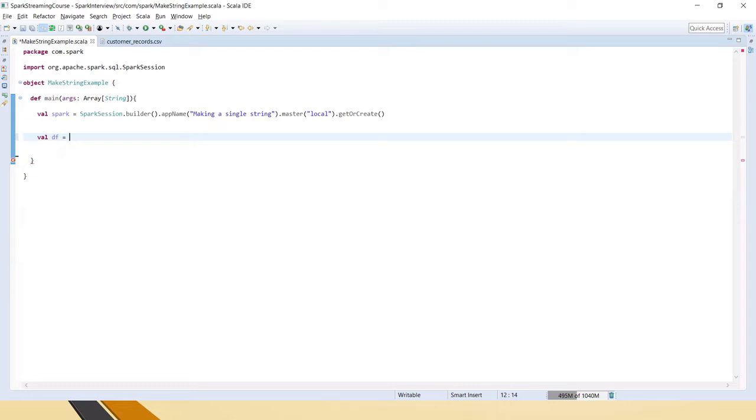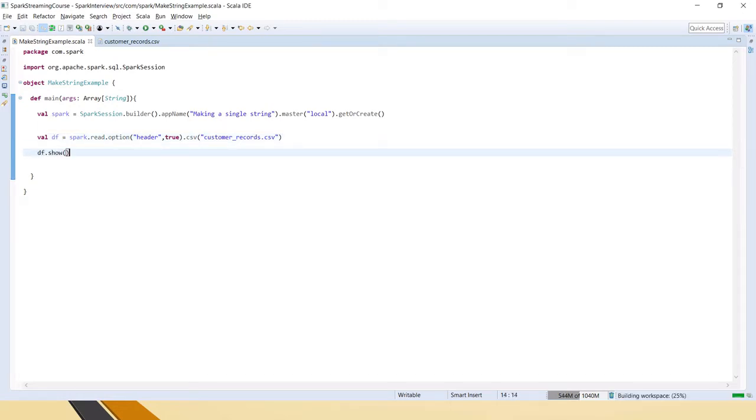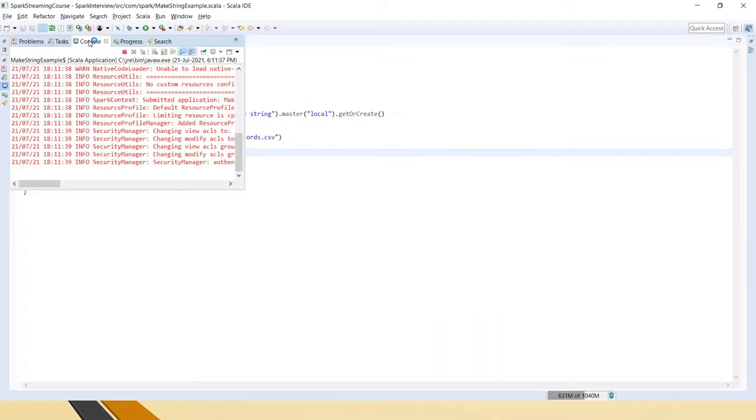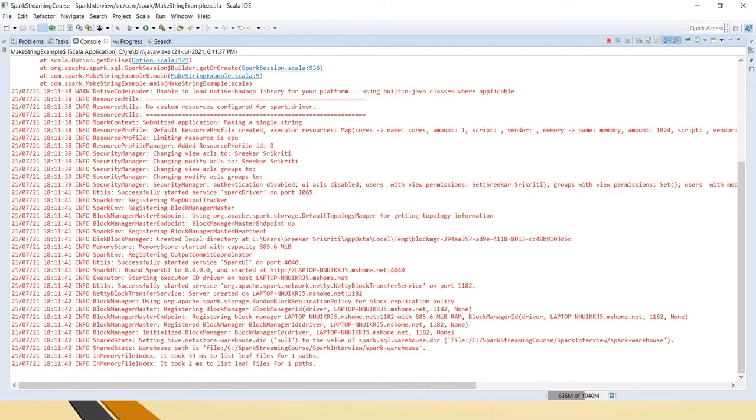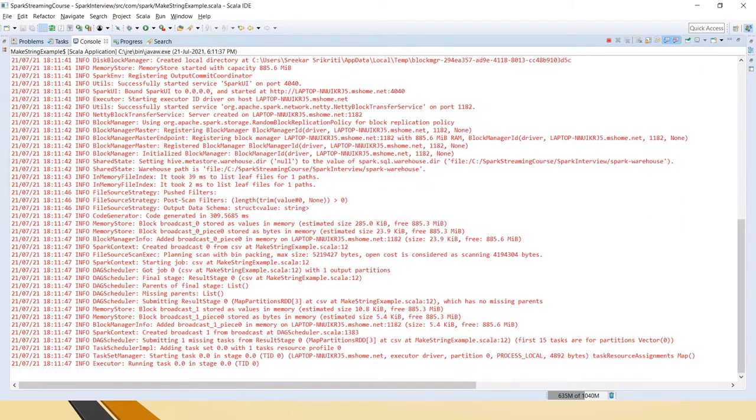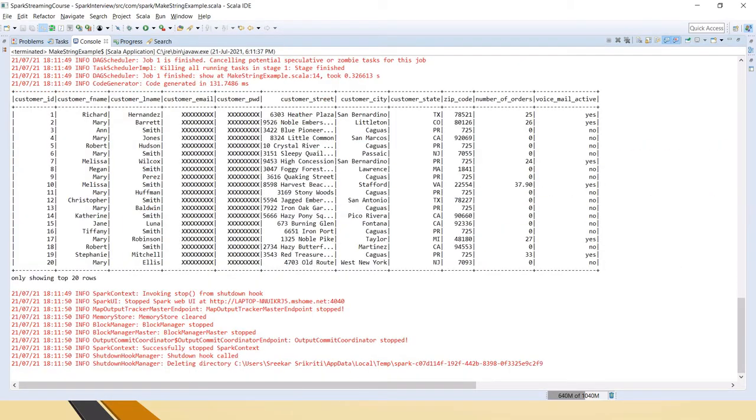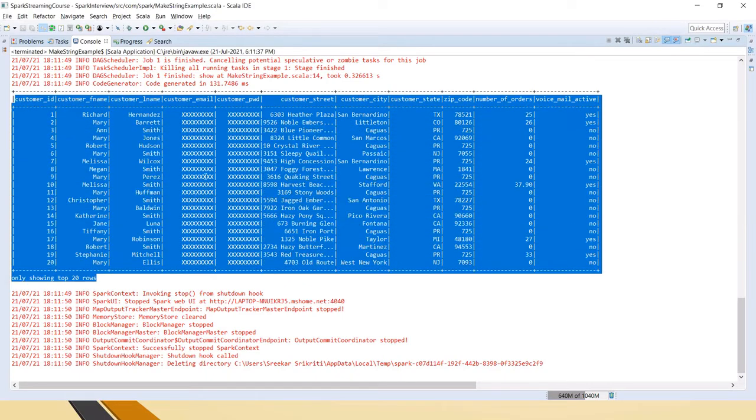So val df equal to spark dot read dot option header, since it has the header, and then dot csv, which one is customer records dot csv. So if you see here, the data frame is created with all the columns.